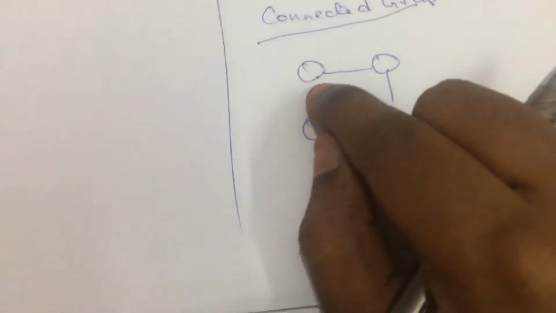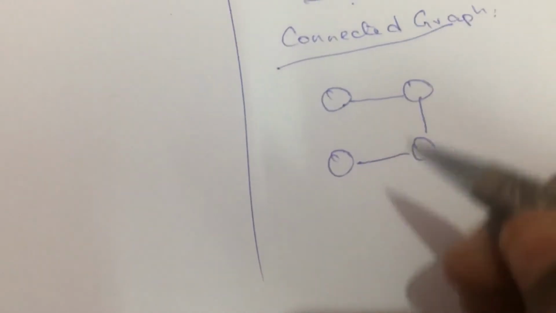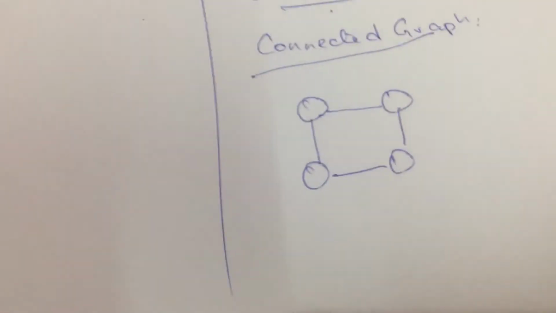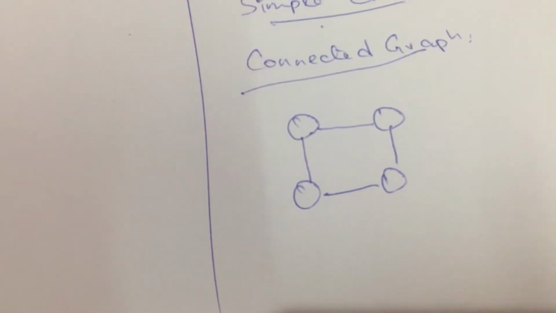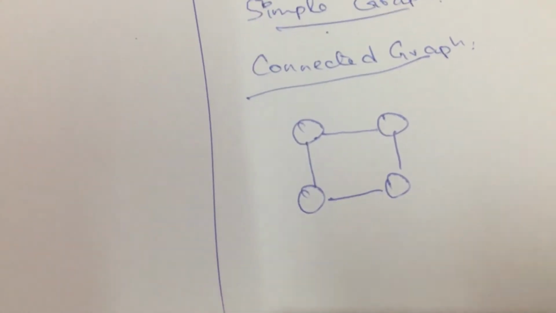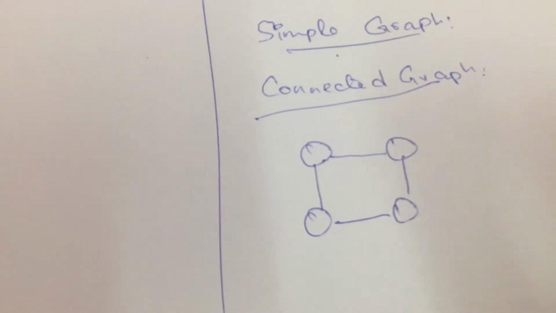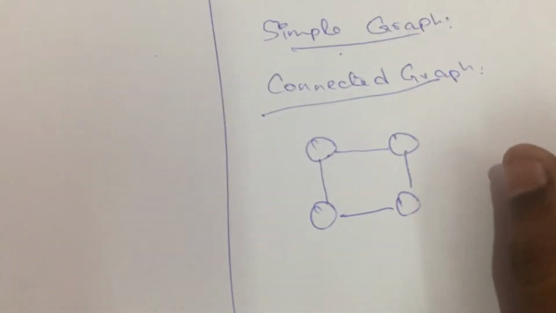So all the vertices that are available in the graph get at least one connection, so it is not mandatory that it should be a cyclic one, right? So that is a different case. But a connected graph represents that each and every vertex available in the graph should be a connected one, right? So it should not form any island. To say it simply, there should not be any island formation in the graph, right? So that is how we say it is a connected graph.